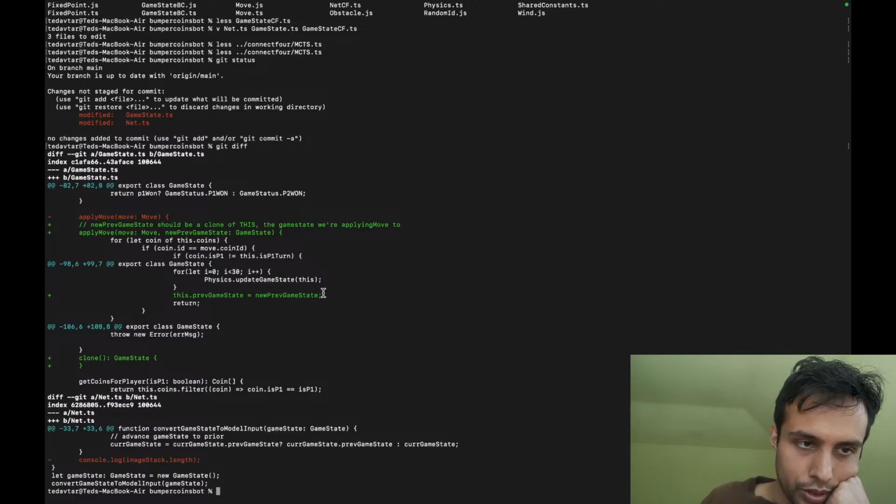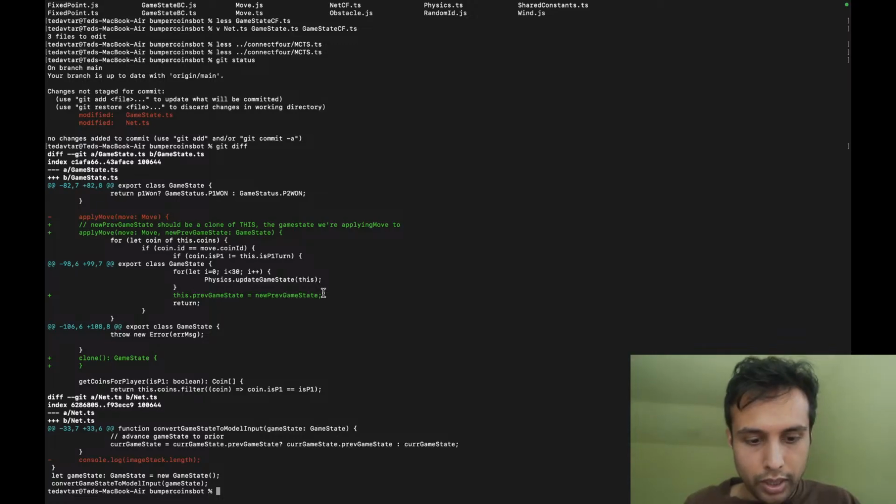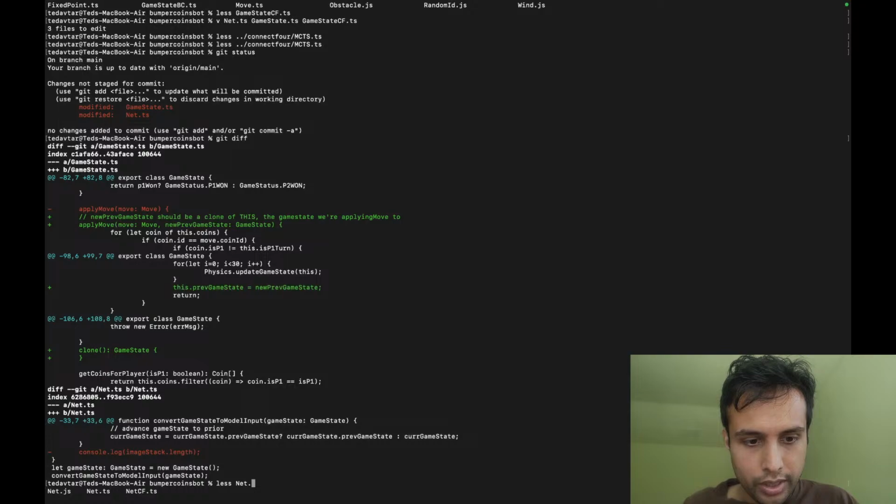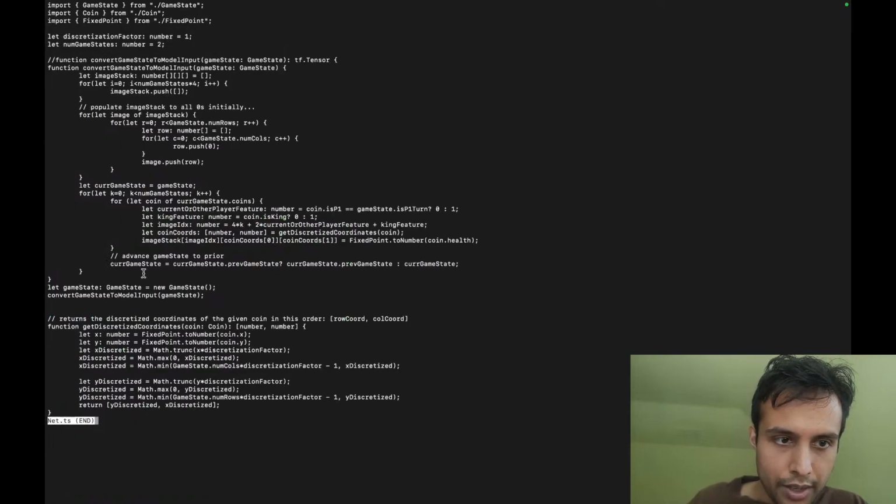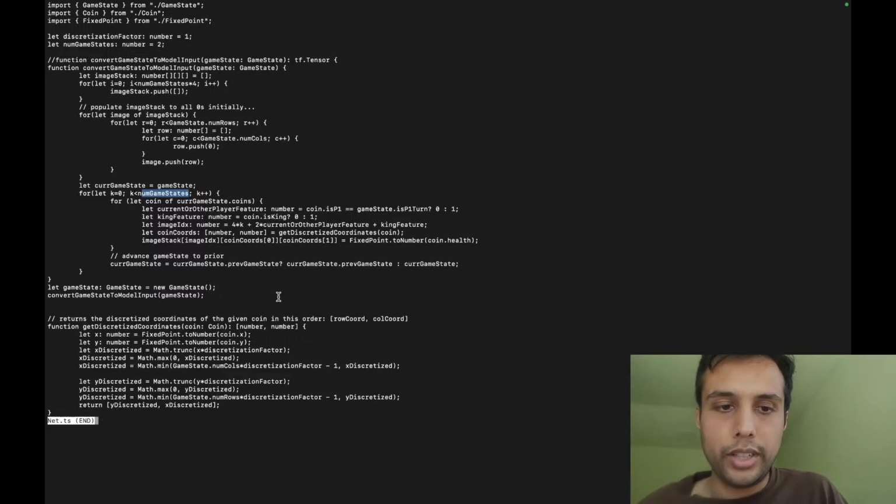Which is pretty crucial, because if you look at less net.ts, we're advancing or rewinding the game state, setting the game state to itself.prev, and doing this line a number of times, twice for example, lets us look at the back pointers and see the historical game states.